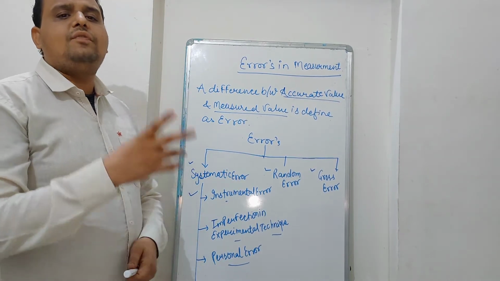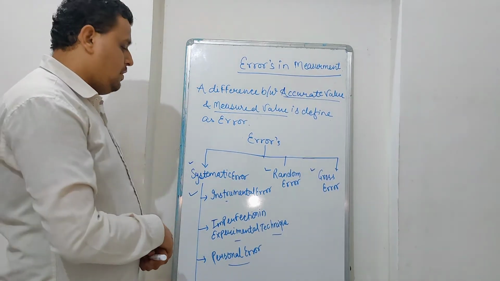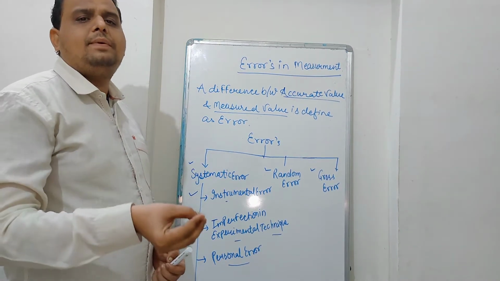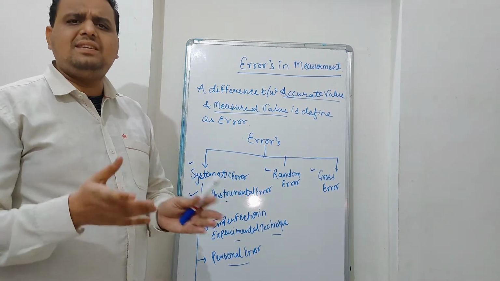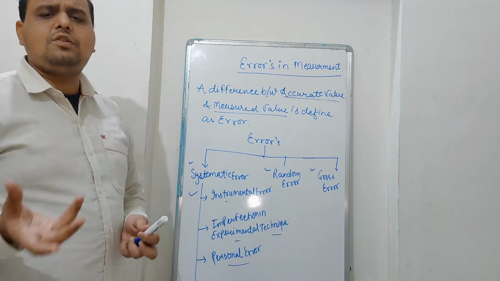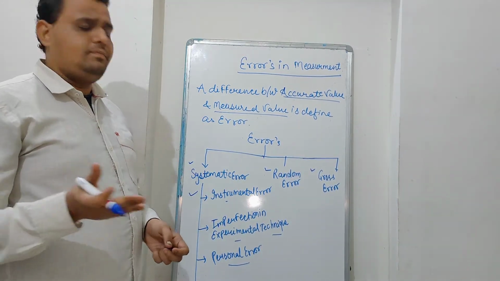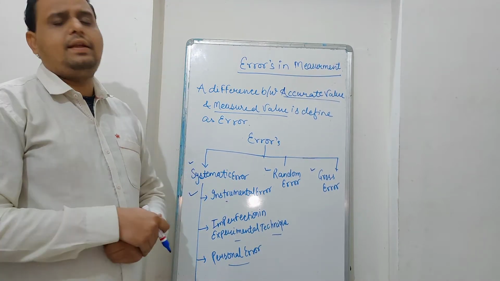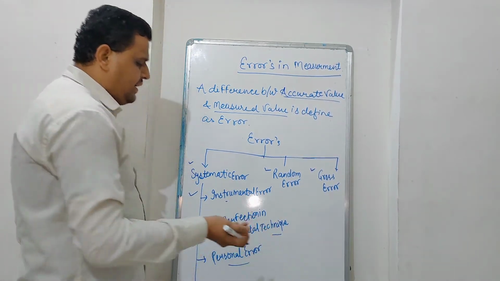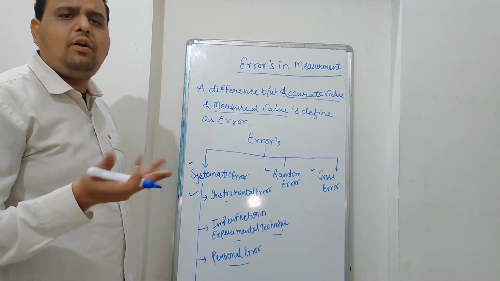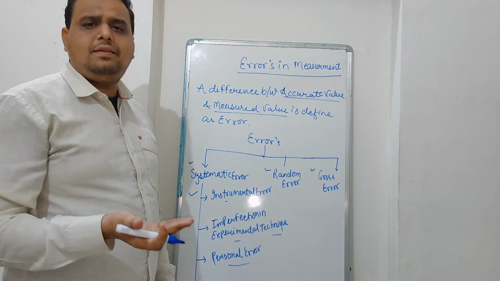Let us consider a physical instrument, the vernier calipers. All the students know about the vernier calipers. It is a scale which can measure the accurate value of various objects, such as thickness. A person who has not learned the procedure of the vernier calipers also generates experimental technique errors, because they do not know the experimental method.